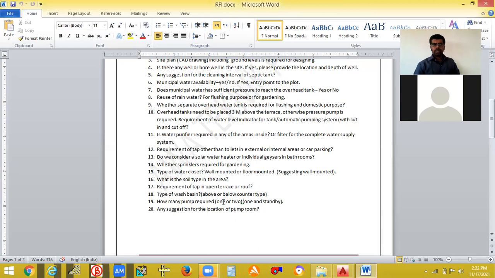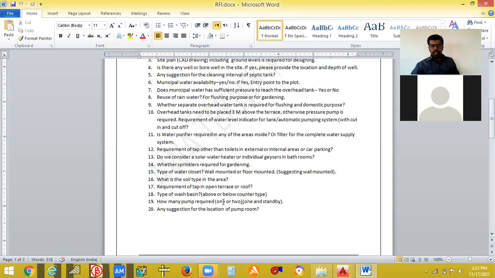Some days they may say they want both also. Because with the solar type hot water system, the hot water will be available only in summer season. In winter season, you won't get hot water. So in such cases, they will be using both solar as well as geysers, or some days they will be using only geysers.